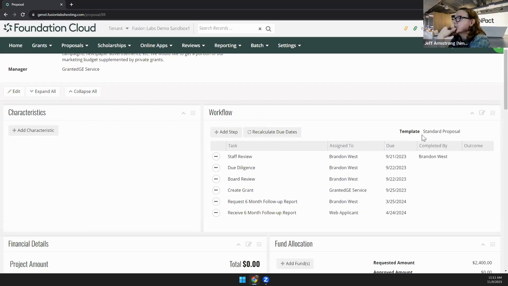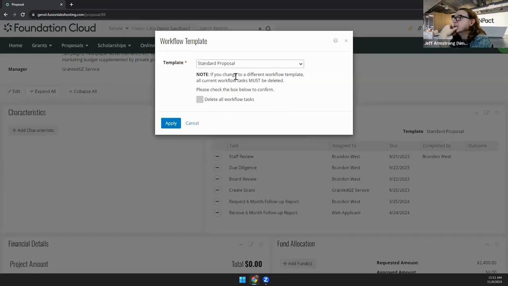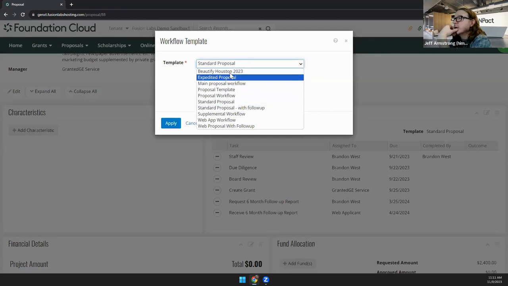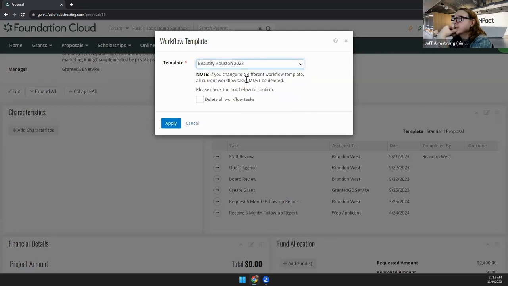This one is using the standard proposal template. If I want to change that template, I could click on this little editor button here, the square with a pencil, and this will let me change the template. And if I wanted to go with a different one, it would say I've got to delete all the existing tasks and go with the new one, and I have to approve that. I like what I already have set up, so I'm not going to mess with this now. But that is how you would change your